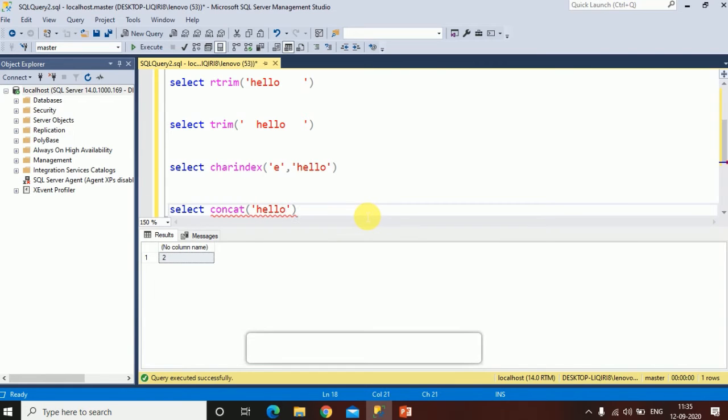So hello and everyone. It will concatenate both the strings. If we run this query, you can see in the output it says hello everyone. It has concatenated both the strings. So in this way, we can concatenate strings by using the CONCAT function.